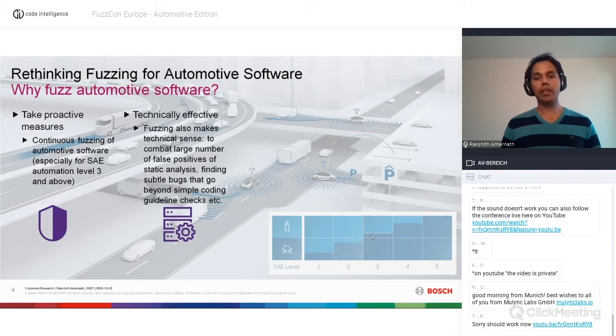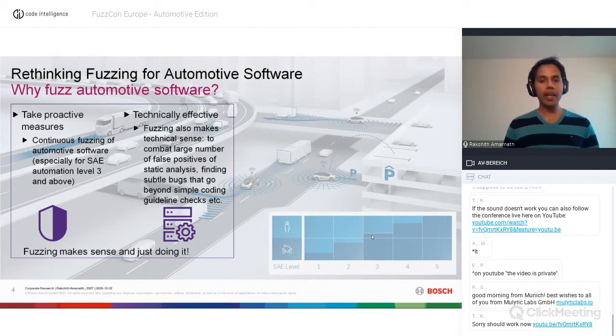The next motivation comes from another domain, because fuzzing of late, as you've also seen in the introductory talk from Sergey, has been very effective in finding even subtle vulnerabilities in, say, Chrome browsers and other domains, right? So in that sense, it really makes technical sense to use fuzzing, because it can also be a part of the CI/CD as yet another effective way of bug hunting and finding security vulnerabilities. So this is the second way where you see that this technique is very promising and you can use it. On this left side, you see mainly one is of the mindset where one is proactive.